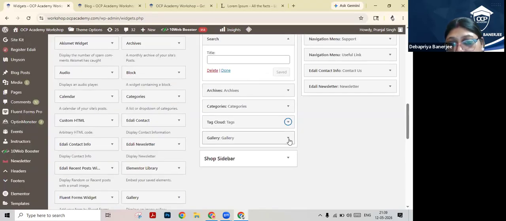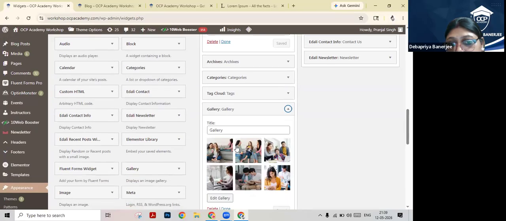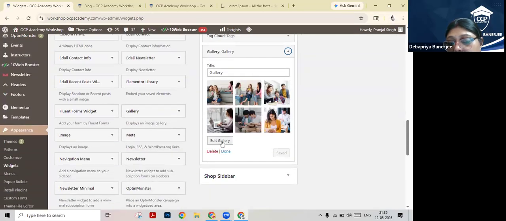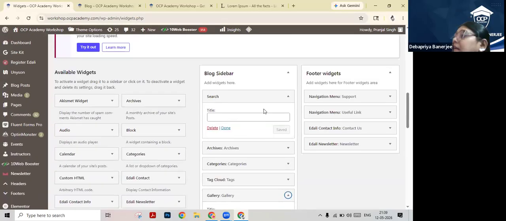The last one that is added is gallery. They have edited the pictures. You can also add different pictures. You can change the pictures and you can add. Any questions?